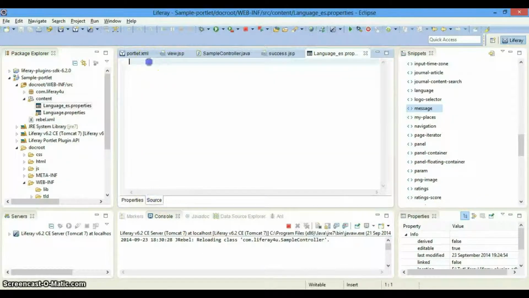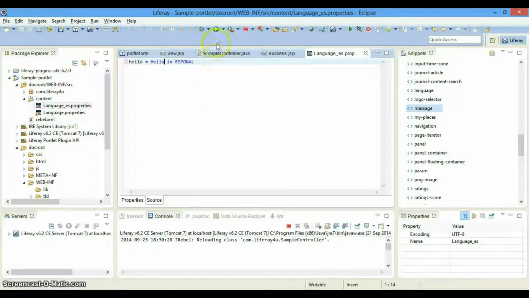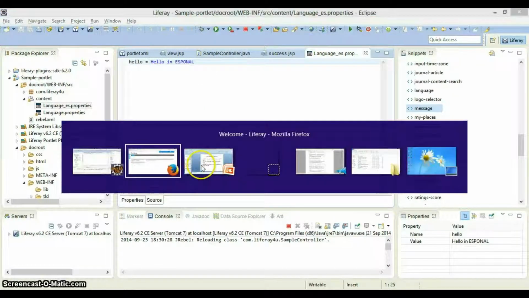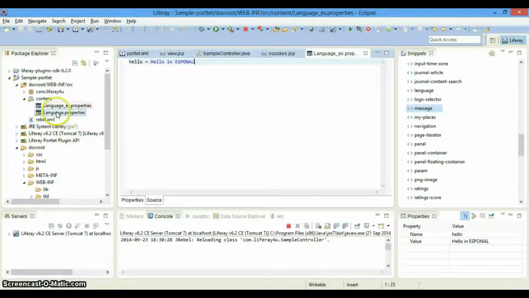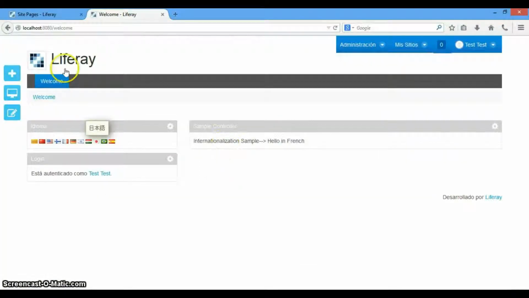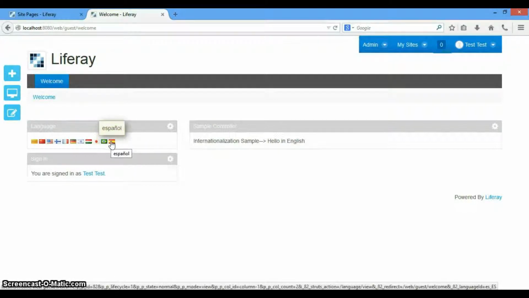So that will be all, and then we are going to write the property over here equals to, let's say, hello in Espanyol. Sorry for the mistake if I'm making any in the spelling, because I don't know precisely what it is. Now we are going to change this, where is our English, hello in English, and then let's go to English. And now we are going to change this to Espanyol.